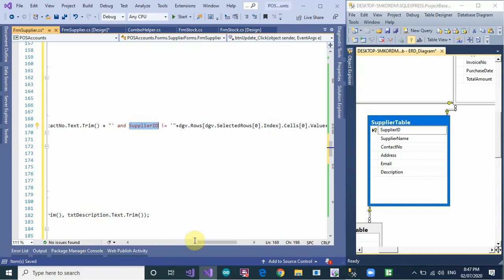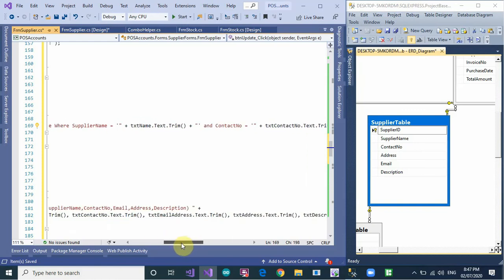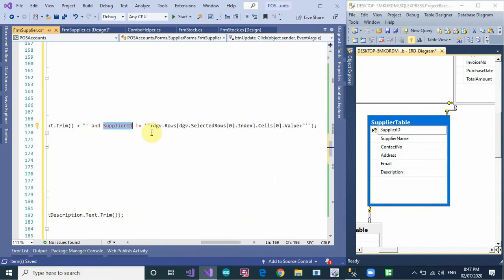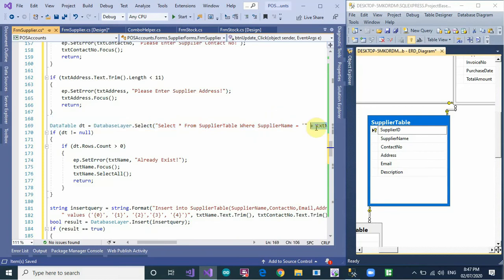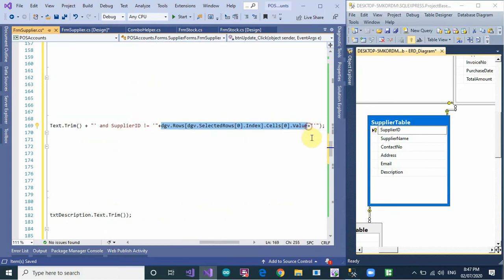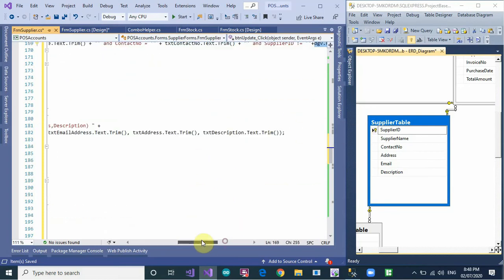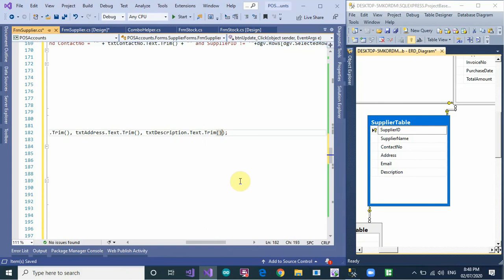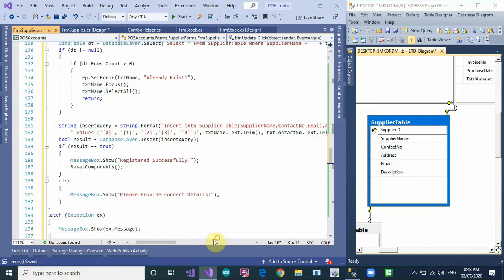Copy this and, no, copy this and paste also here this. Okay, so now